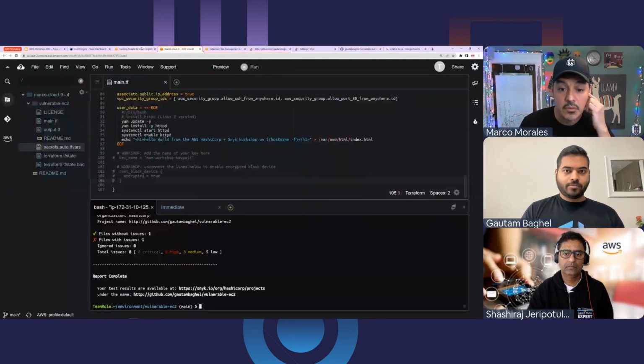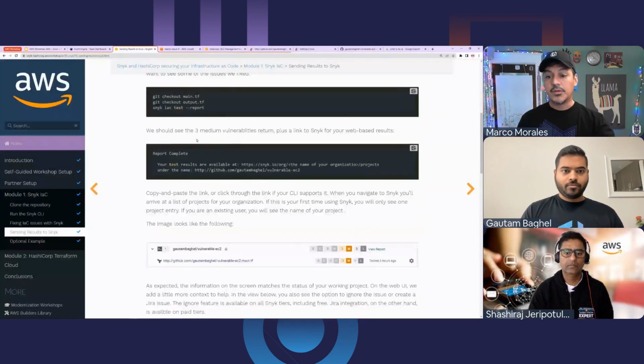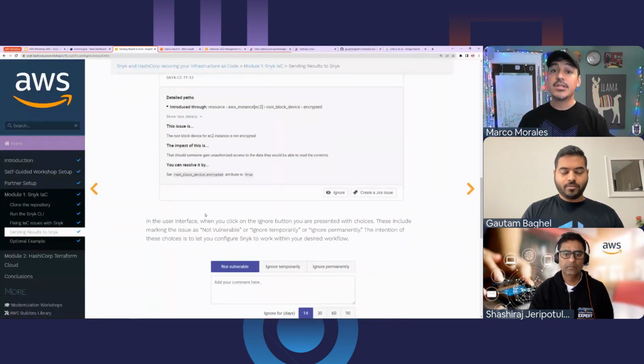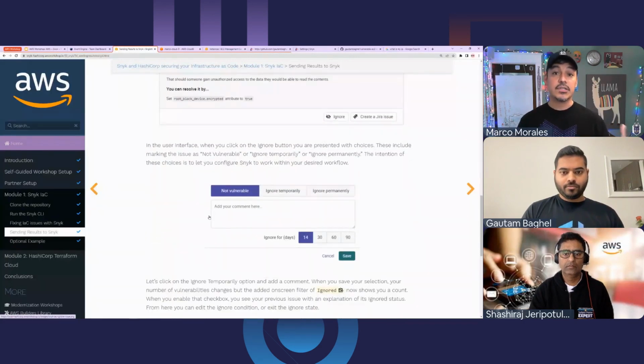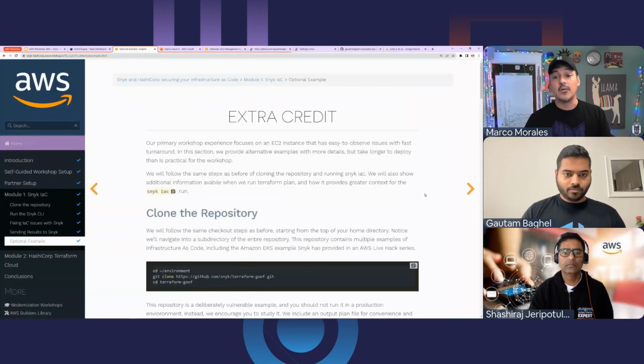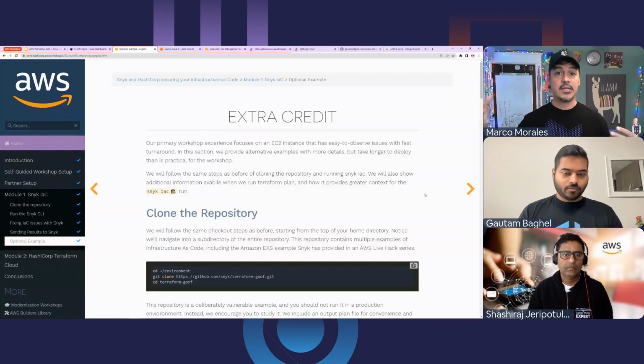Let me go back to the workshop, because I think I quickly went through a lot of the screenshots here, again, for your reference. You can see the information is the same, but it's designed to make it easy for you to just get an appreciation of what's going on. Last but not least, this is a takeaway, extra credit. The example we had is a vulnerable EC2 instance, which is really easy for everyone to understand. This example here is for an EKS cluster, which takes about 20, 30, 40 minutes to spin up, and it's much bigger and more complicated. At your own leisure, I would encourage you to check it out and find out some more details, because there are some enhanced and advanced features that are visible here.